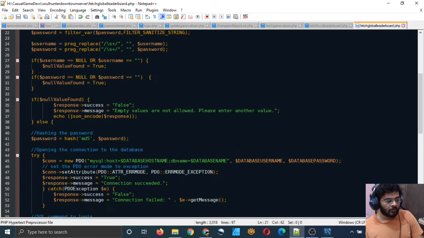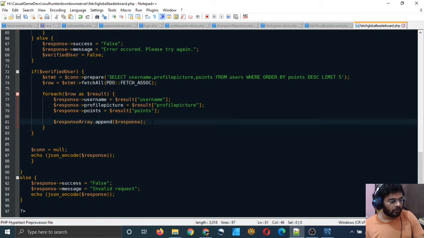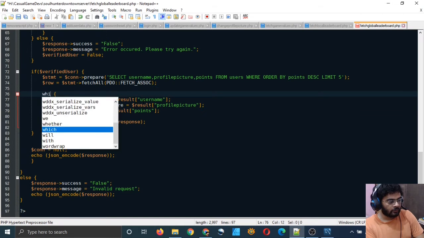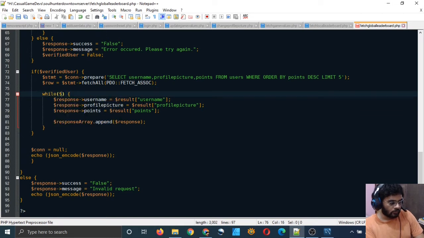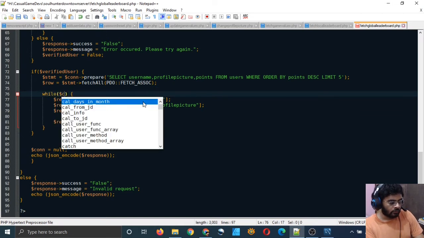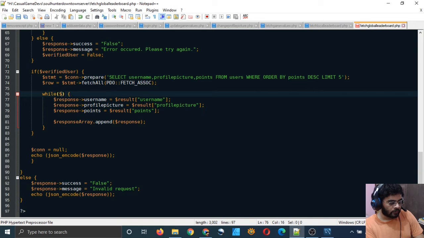You can start a while loop instead of this: while record counter is less than 5.